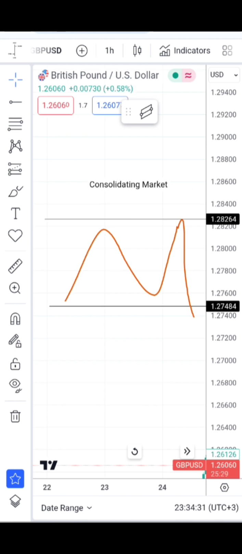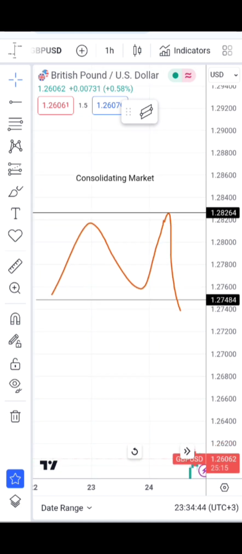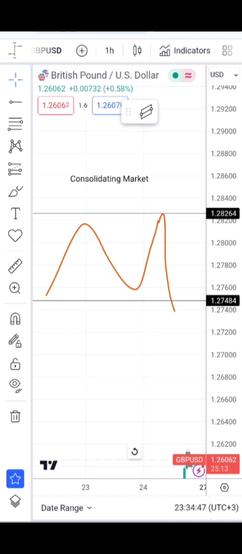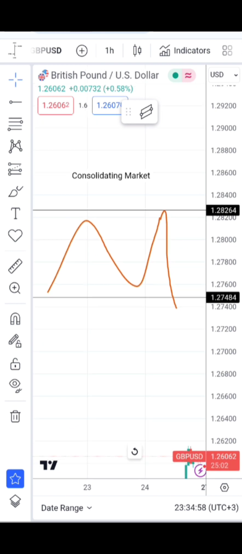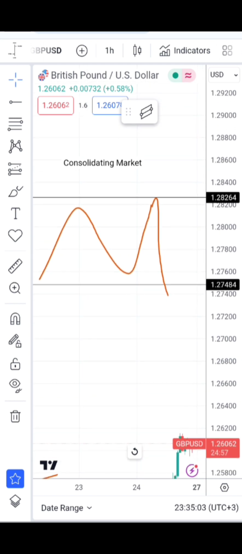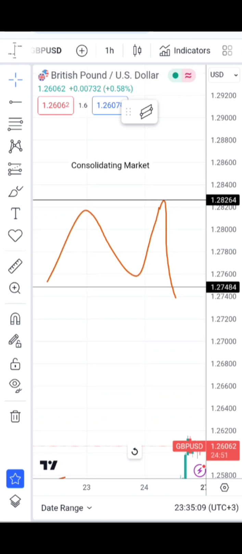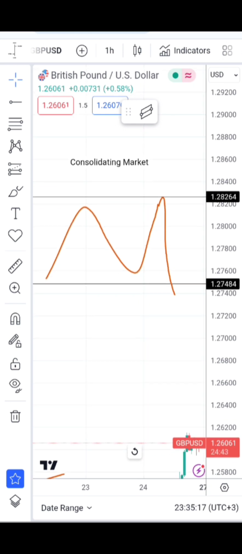So for the case of a consolidating market structure, the market is stuck. It's usually stuck within a certain range. So it's just ranging. So the market is ranging within a certain region. So let's say in this case the market doesn't trend, rather it doesn't have a clear direction where it's stuck within a certain range. We call that a consolidating market. So aside from uptrend, downtrend, we also have a consolidating market. Guys,